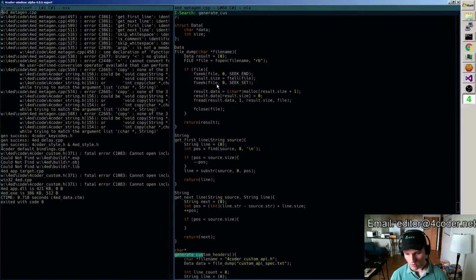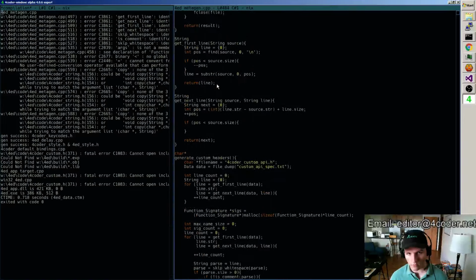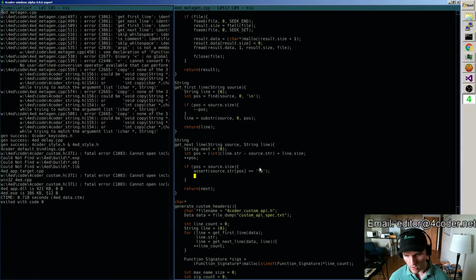The custom headers. I want to set the positions. If the position dot source is less than the source size, then I want to assert that source string position should still equal a new line character, and then I would like to increase the position again